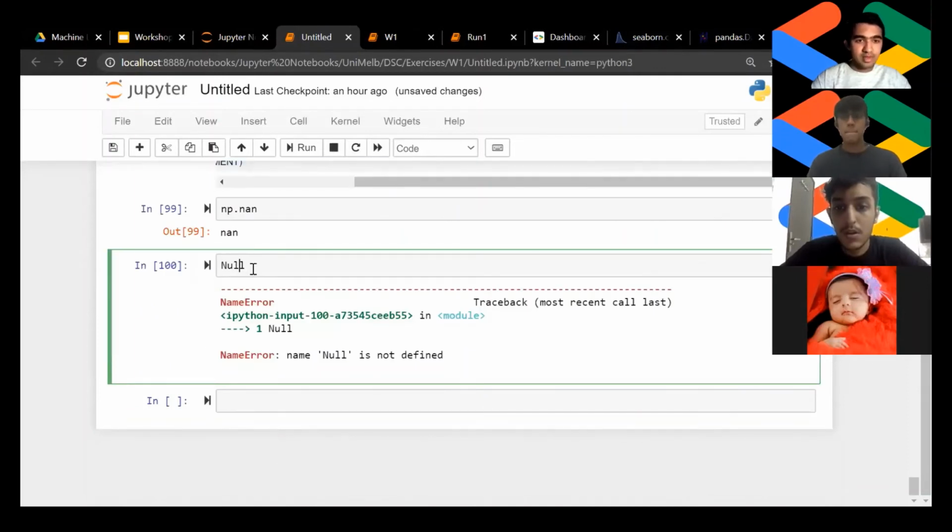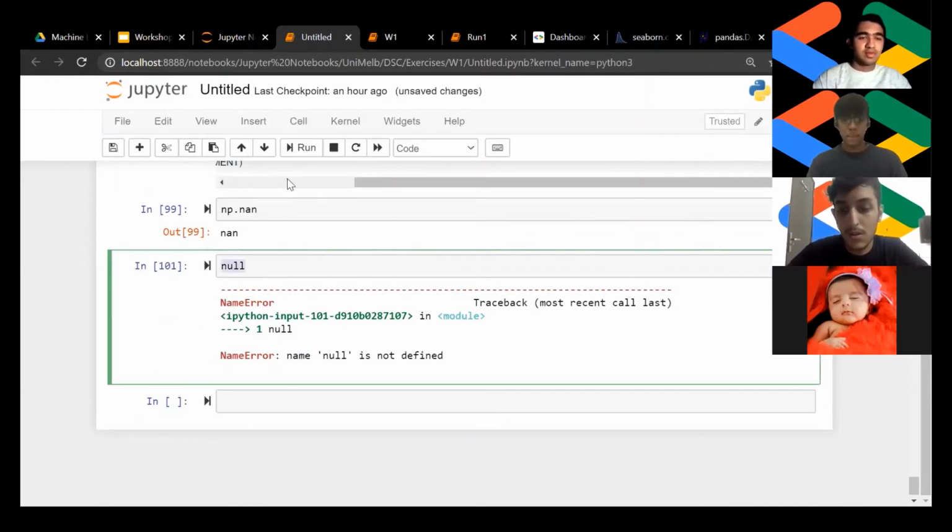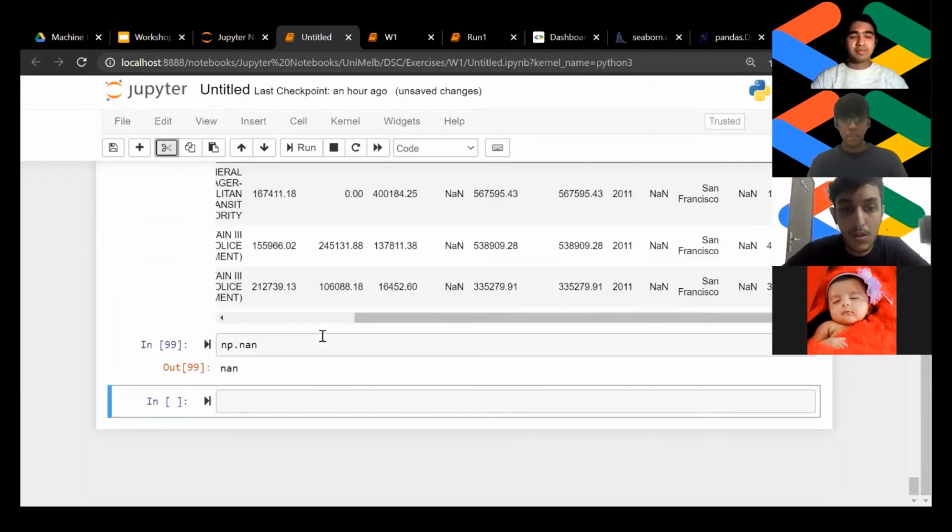Oh, small line itself. Never mind. No idea what. Anyway, so